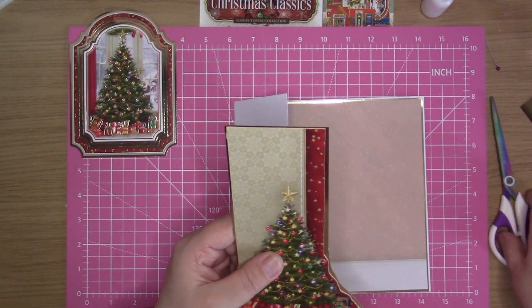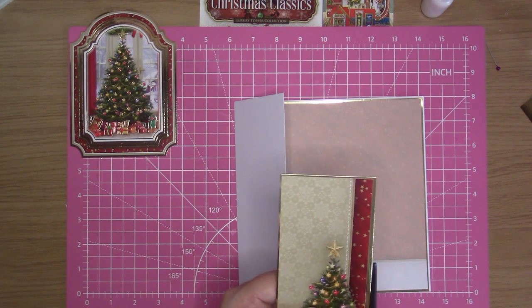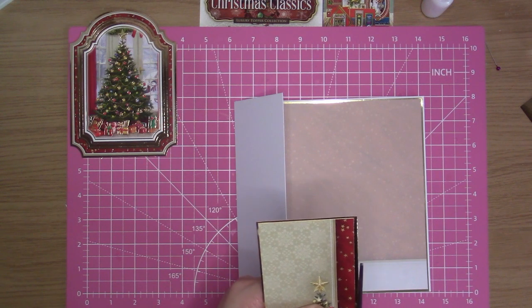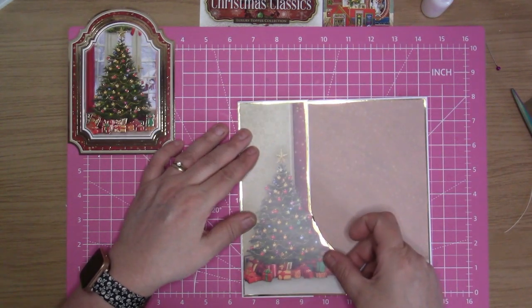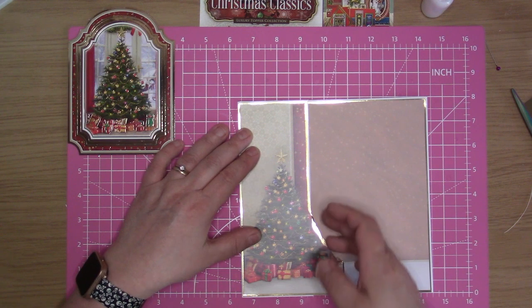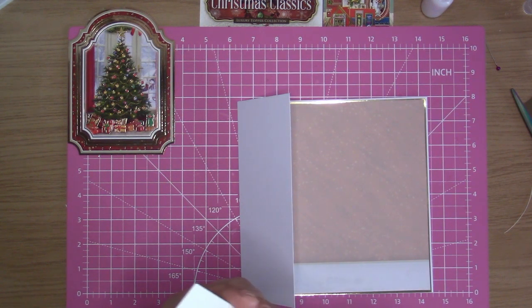Which this bit here I think is a little bit too wide. I'm just going to come in, hopefully with my scissors, and trim it down just a tad. And then see how that looks. Yep, that is perfect. So I'm just going to come in with my all-purpose glue, again, just on the centre